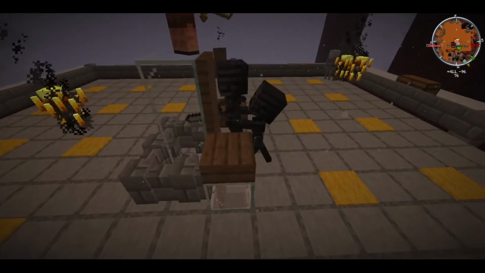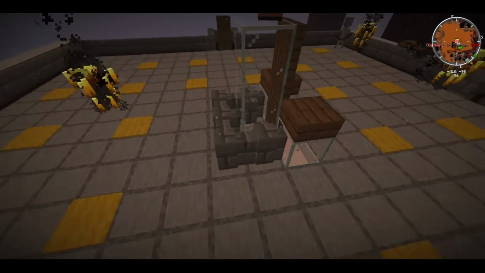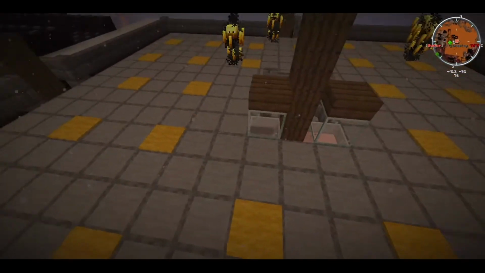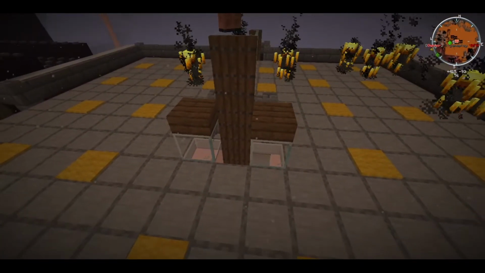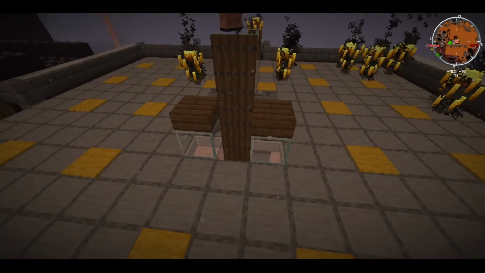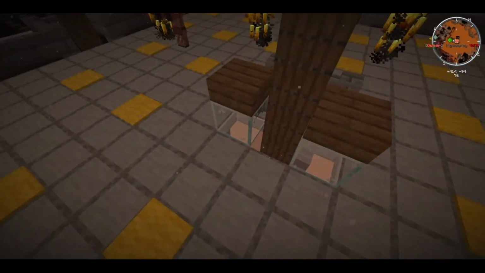Like there. That's not too bad. Pretty efficient. I did it this way because I want to put a dog at the bottom to auto kill. That wasn't part of the original design, and in order to do that I had to do these glass walls